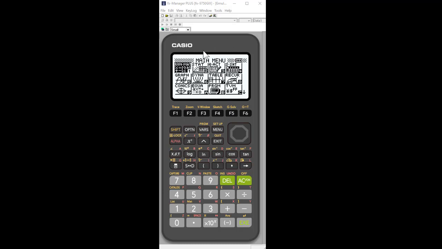So you'll see here in front of me the menu. This is the main menu, and you can scroll down through it to get to the different apps that you're looking for. We are looking for dynamic graphing. So you'll see here it's number 6, or it says Dyna, and you'll see this little parabola here. So we're going to hit execute, and that opens it up. And actually, let me delete some of these things that are in here.